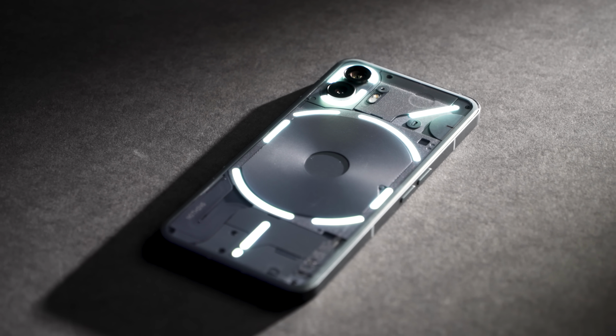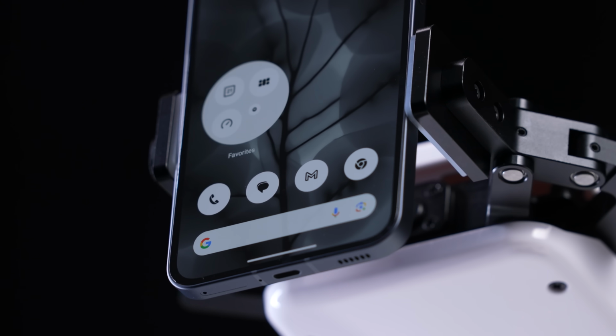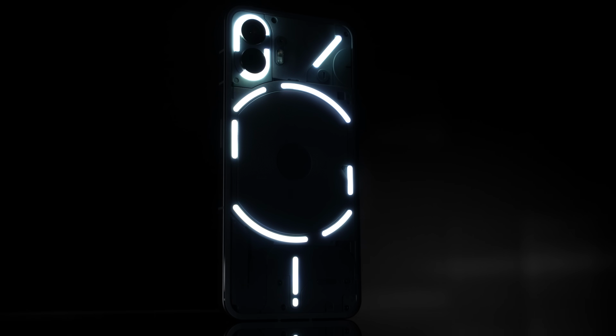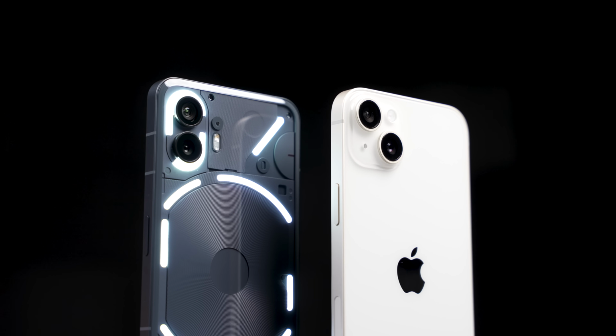With the LEDs on the back, the perfectly even bezels on the front, and its minimalist UI, the Nothing Phone 2's design clearly stands out from the competition. But today, we're gonna see if it can actually perform, where it's going head-to-head against what I think is its